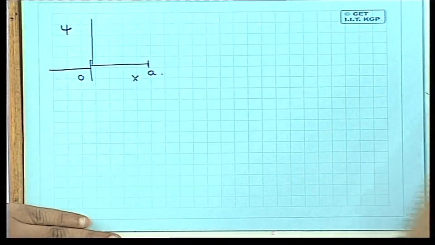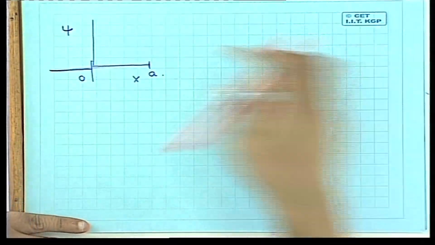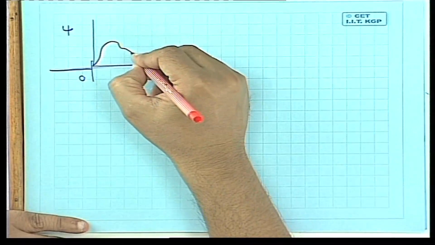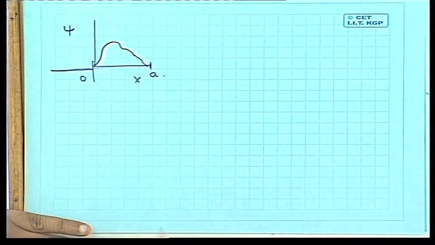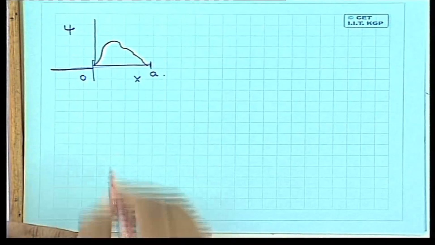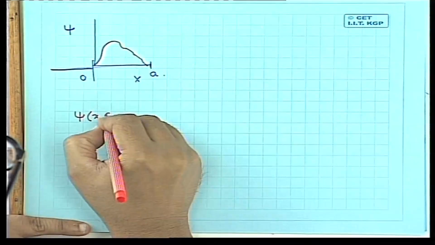Suppose I have a problem where I am given the fact that the wave function initially is some arbitrary function, and this function has to obviously disappear at x equal to 0 and x equal to a. So given any psi x 0,